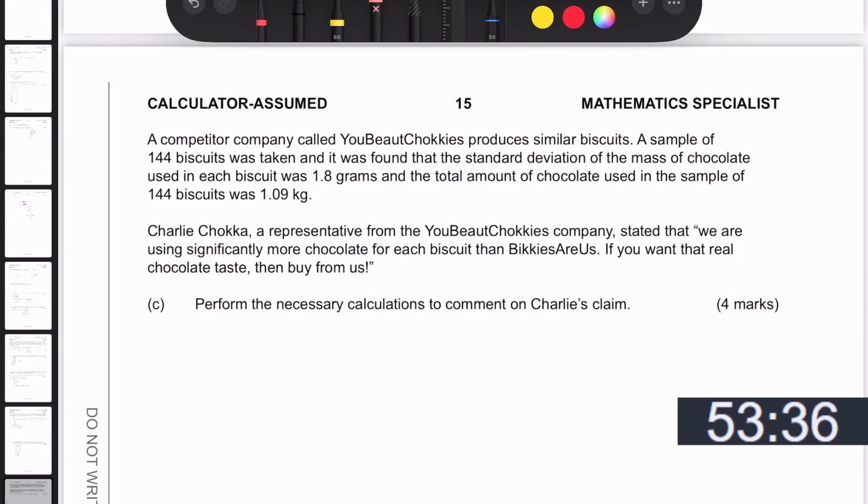Okay, a competitor called Butte Chockies produce similar biscuits. Samples that representatives say they will be using significantly more chocolate for each biscuit than Bickies Are Us. If you want the real chocolate tasted by for us, perform the necessary calculations to comment on Charlie's claim. Use in the sample, so then